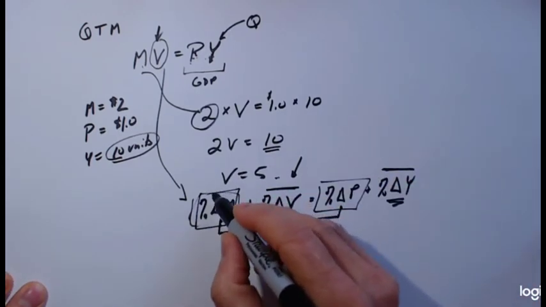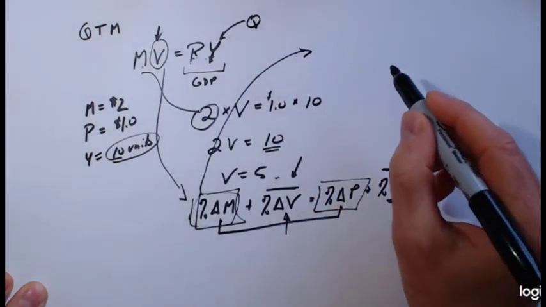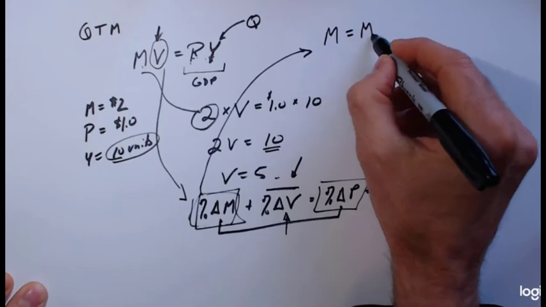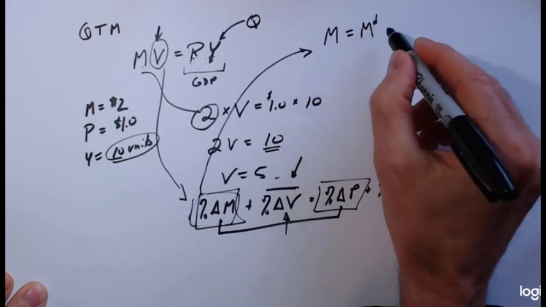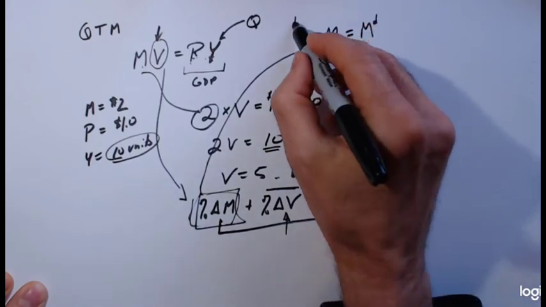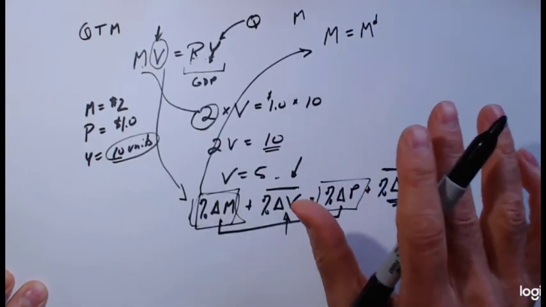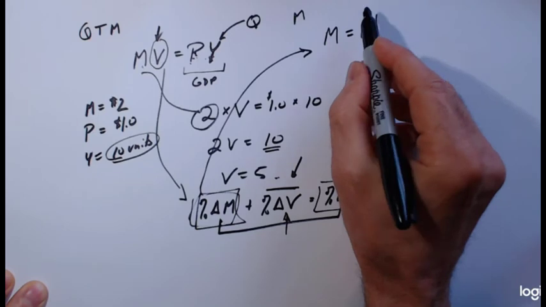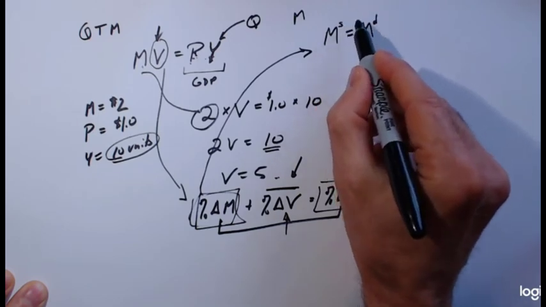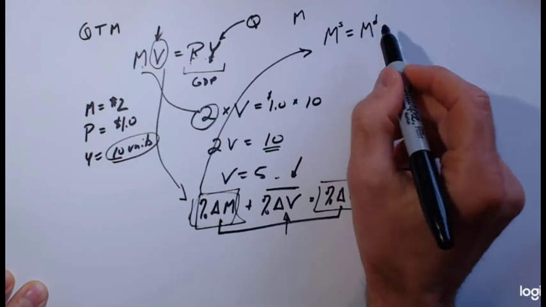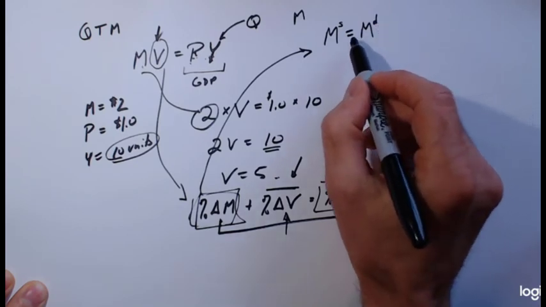And one way to look at this equation is to realize that money supply equals money demand. Normally, when we just have M, we mean money supply equals money demand. We're not really differentiating between the two. But here we need to differentiate between the two. So I'm going to put a little superscript S for money supply, with a little D up here for money demand. In equilibrium, this holds.